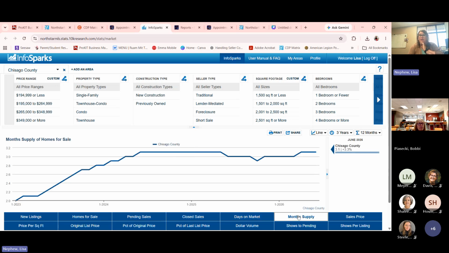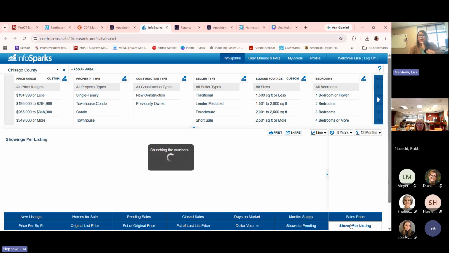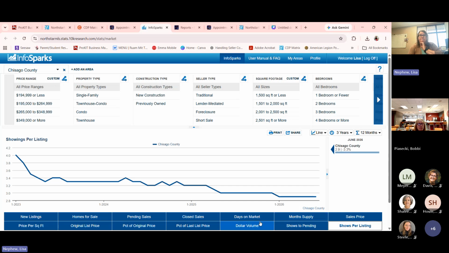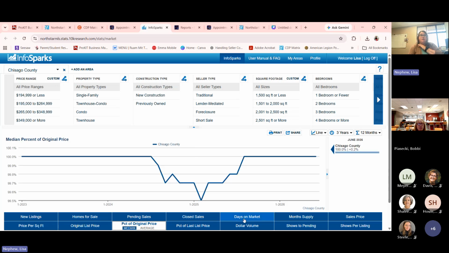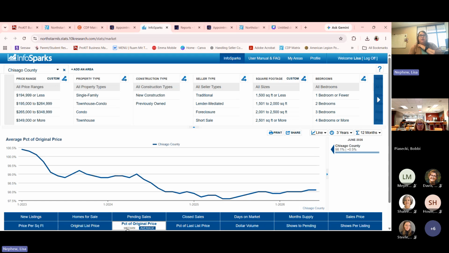We're much higher than we have been in the past. Sale prices, how many showings per listing? We're seeing showings are down a lot. Percentage of original list price, like, are we getting original list price? This says yes, but I really don't think that's a median. And you can change it for average. So I would say the average here is saying 98%. I think that's a little crazy, so it must be,